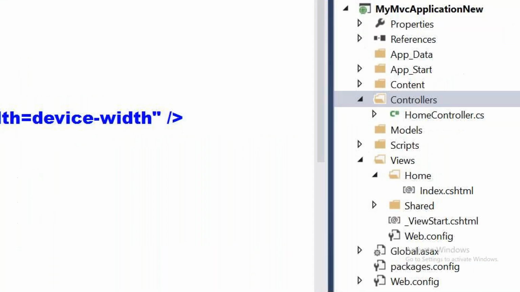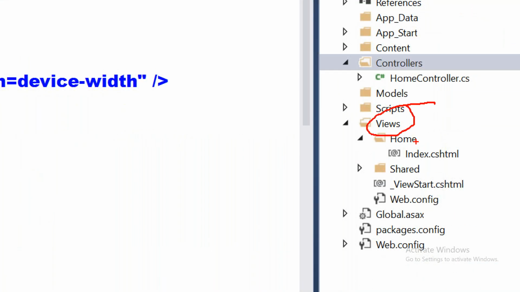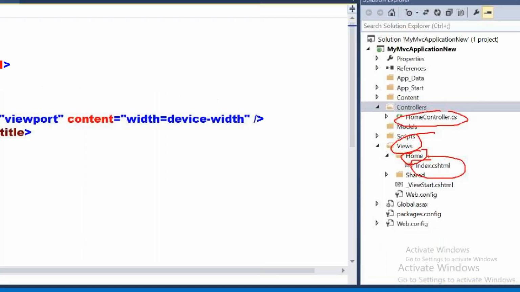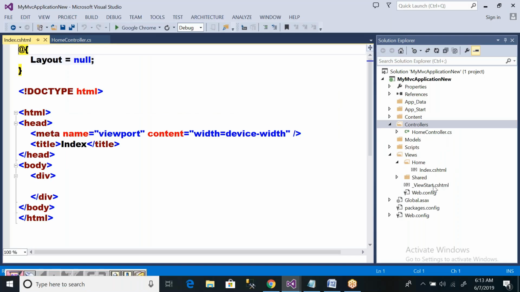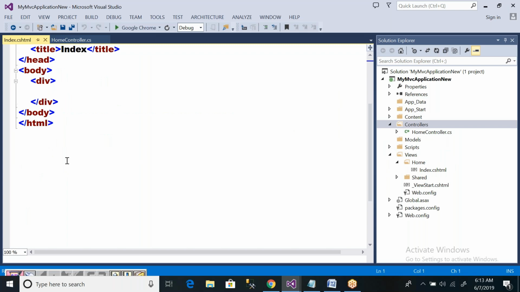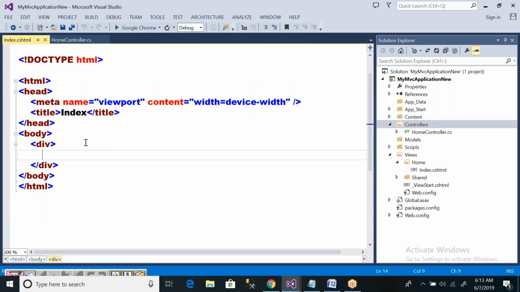Observe this, under views folder, automatically it is showing home. Home is nothing but the controller. And here you have the controller file, but the controller name is home. Under home, for this controller, right now you have added one web page. That web page name is index.cshtml. The hierarchy, whatever you are able to see here, is showing that index.cshtml view is a part of a controller called home. Right. Now here you can observe you have entered into your .cshtml view page source code.